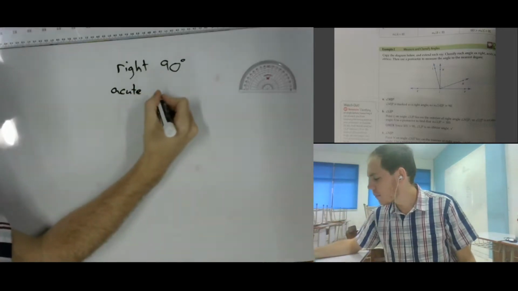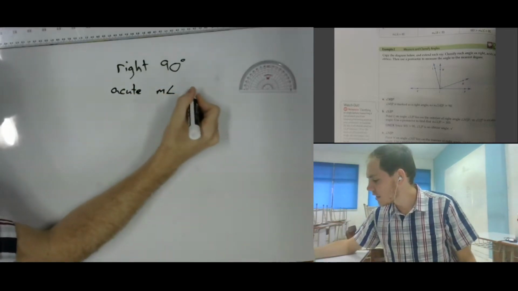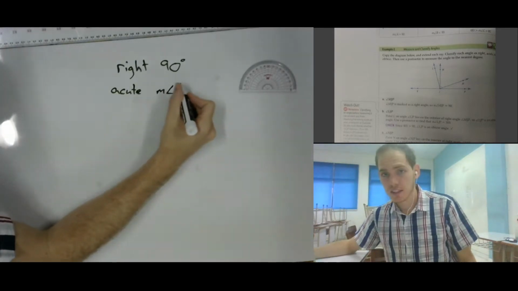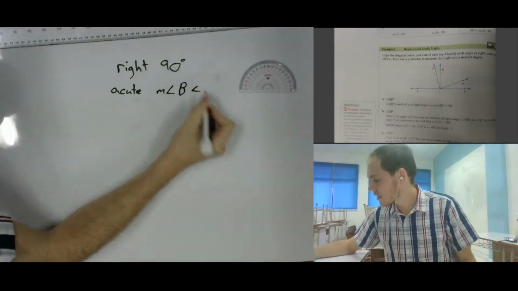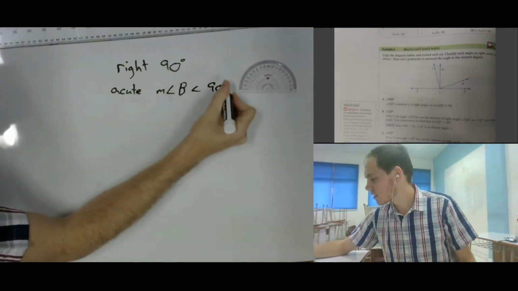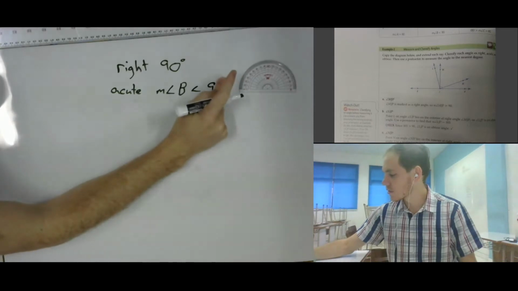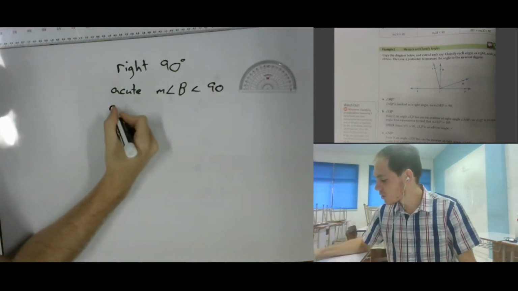is going to be when the measure of the angle is, let's say it's B, less than 90 degrees. And obtuse